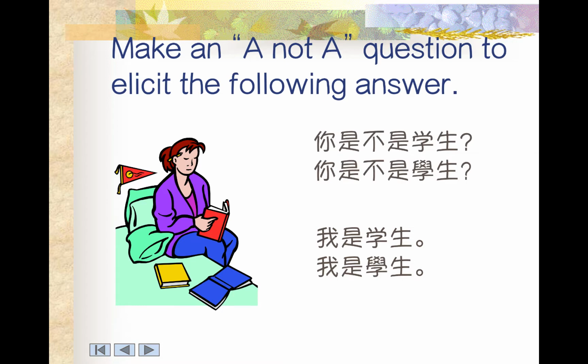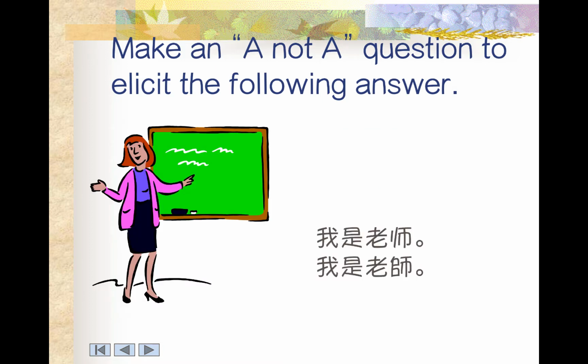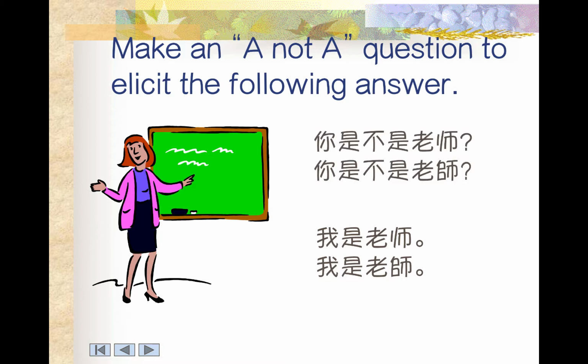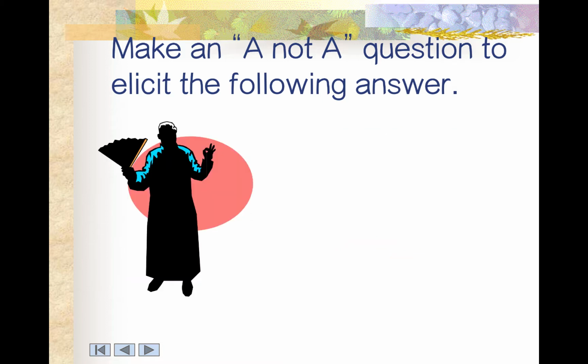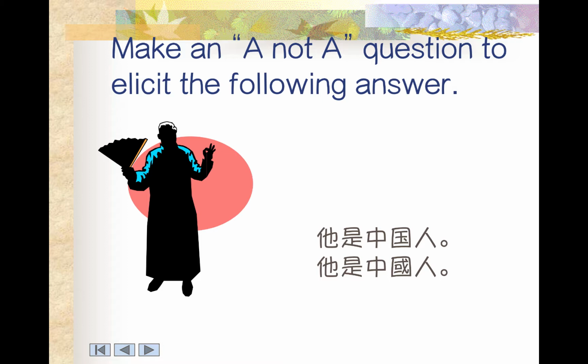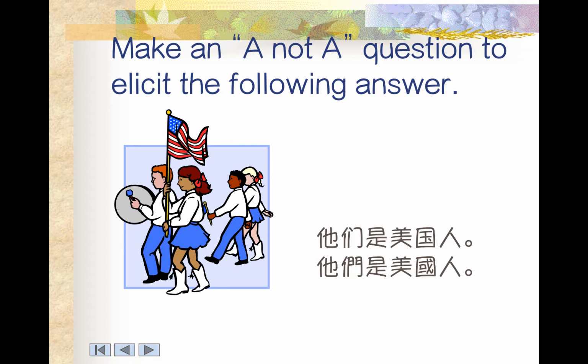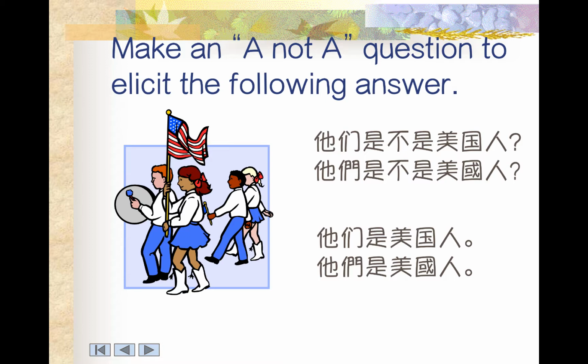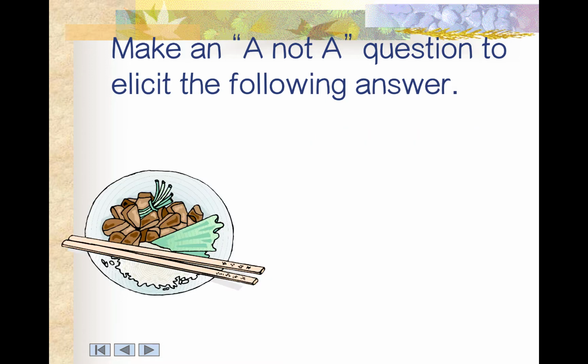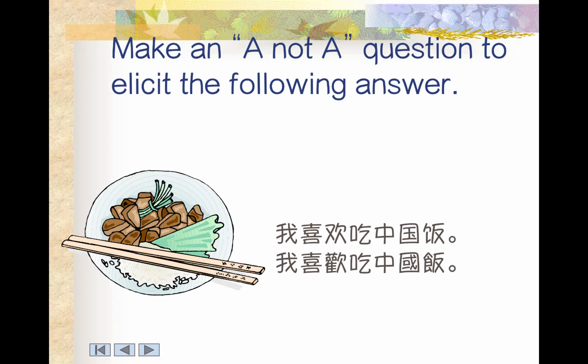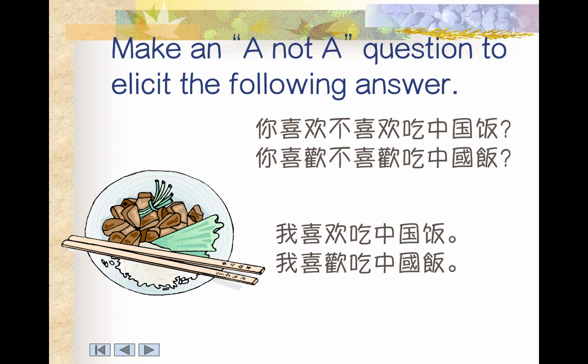The question could be, 你是不是学生? 我是老师. 你是不是老师? 他是中国人. 他是不是中国人? 他们是美国人。他们是不是美国人？我喜欢吃中国饭。你喜欢不喜欢吃中国饭？